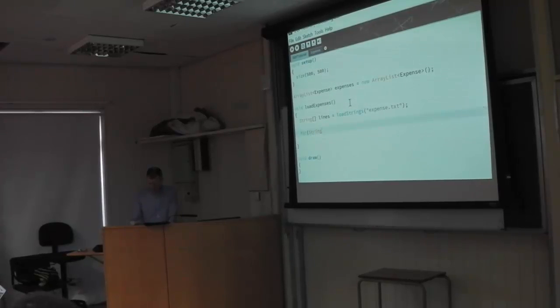Or I can make an instance of a class. Several ways to write it. Let's write it this way first of all. For string line, colon, lines. That's going to go through every element in the lines array, and for each element in the lines array, the string line will have each element in it, one after another. So, okay, now what we want to do is create a new expense instance. And we're going to encapsulate the data from each row into an instance of a class. So expense